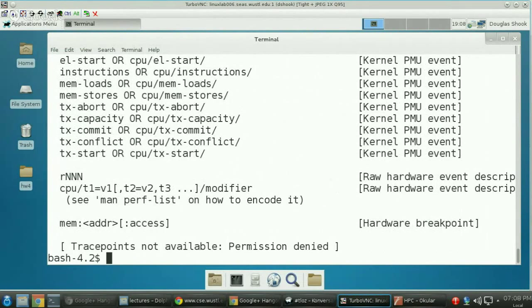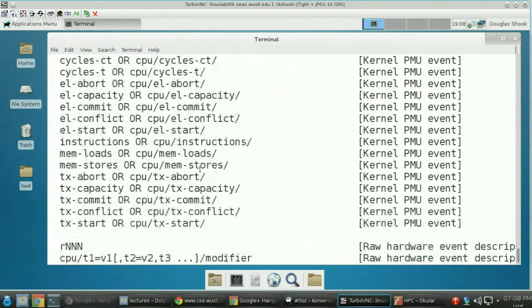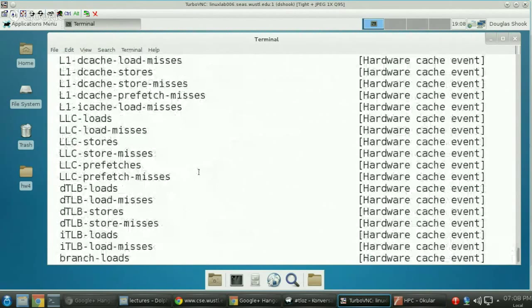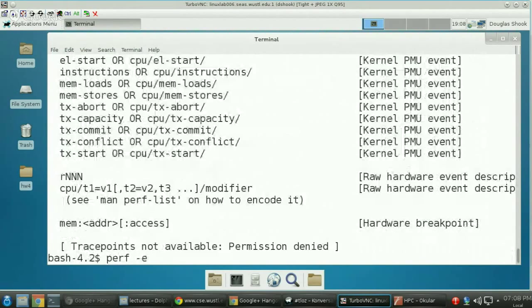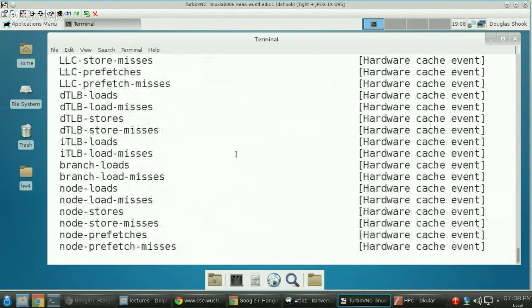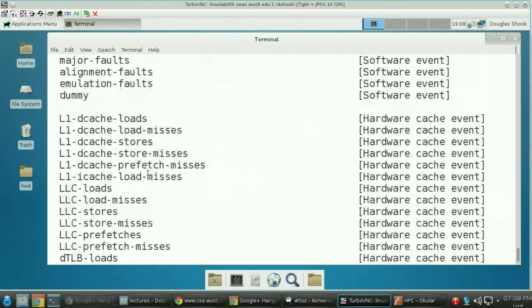And so to use perf, it's very similar to OProfile in that you can specify which events you want with the -e option, which did not work for me last time. But let's try it again with this one. If I want to say perf -e, which event do I want to use? Let's pick an event. So LLC is lower level cache, which on this machine, I can't remember if I have 2 or 3 levels of cache. I think I might just have 2. Let's try